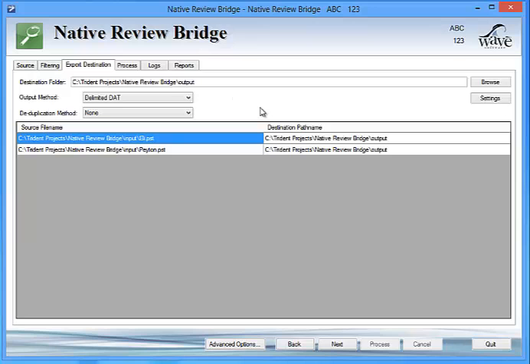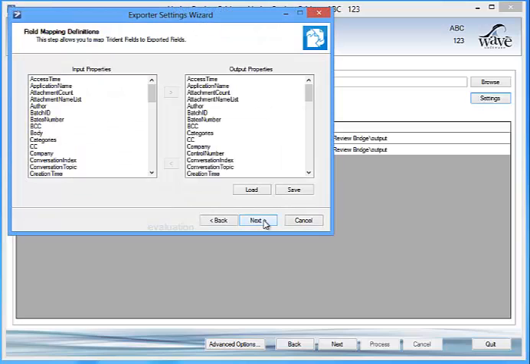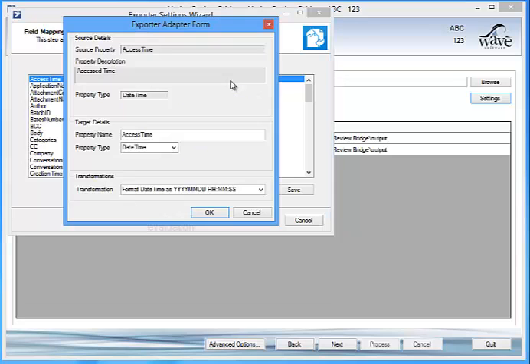So once we have that the way that we want, we can come in and select the Exporter Settings Wizard. This will open this screen up that allows you to customize your fields. And on our left hand side we have our parent field, and on the right hand side we have our child field, our input and output fields. Each parent field has a child field to it, so we want to right click on the child field to